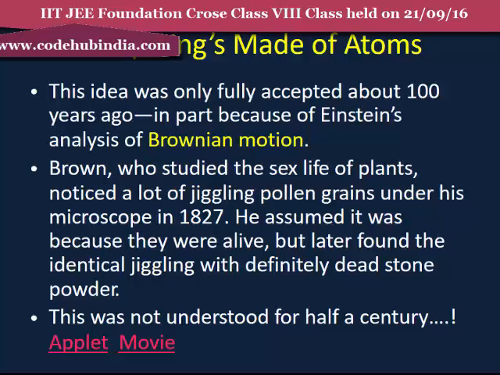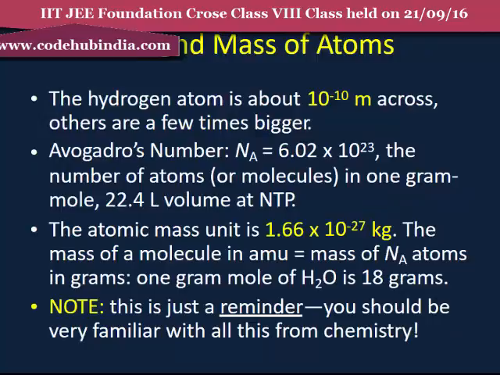and later it was found to be a jiggling of dust particles. Later on, the size of matter, that means the atom, and the mass of the atom, were first compared with hydrogen, which is the most basic and elementary element, of unity, and it was concluded that the hydrogen atom is about 10 to the power minus 10 meters across, the others a few times bigger,